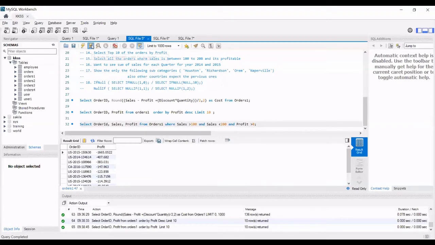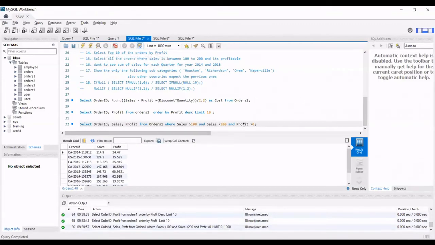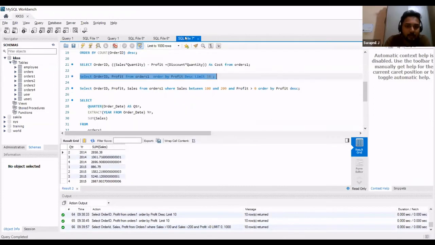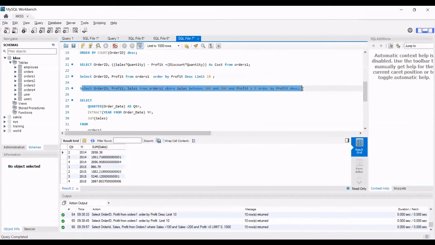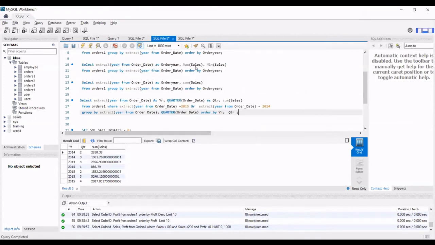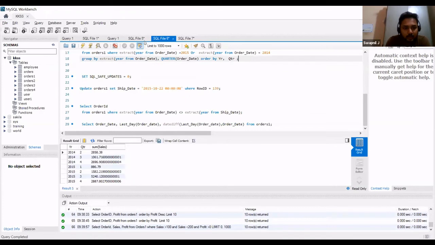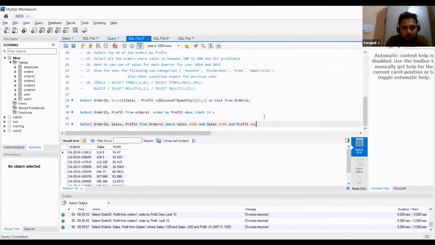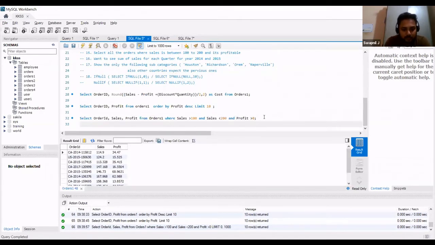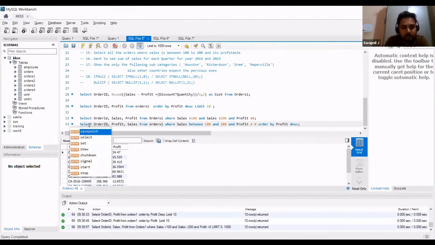Okay, this would work. Another way of doing it is the between clause. Instead of writing the sales condition again and again, we can just put it like this: where sales between 100 and 200 and the profit condition.